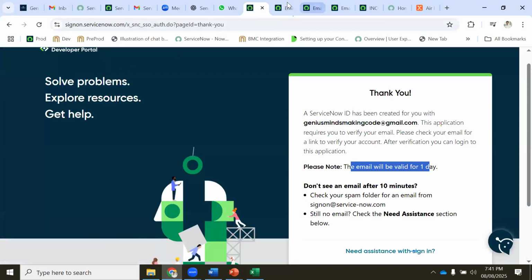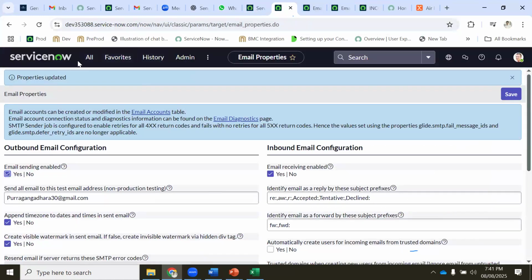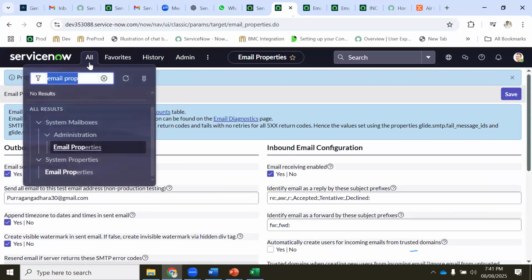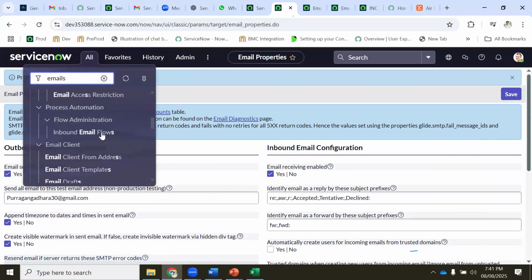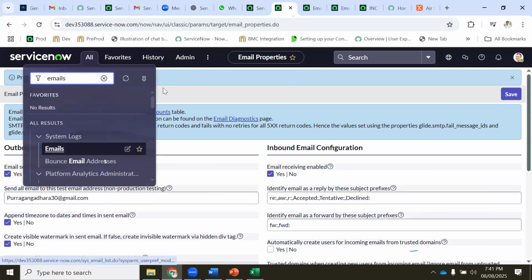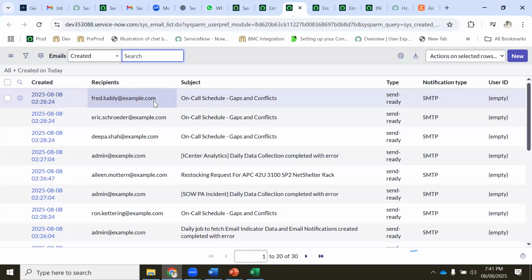Where will it come? Again, I'm going back, telling a new option: emails. Where will it be received? Emails. Under system logs, emails will be here. Whatever emails are received by the system will be recorded here, and whatever emails the system is sending will also be recorded here.